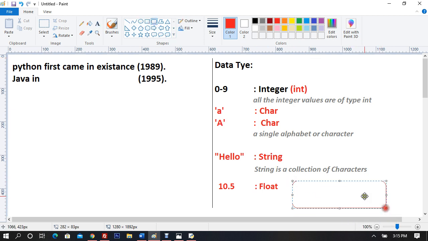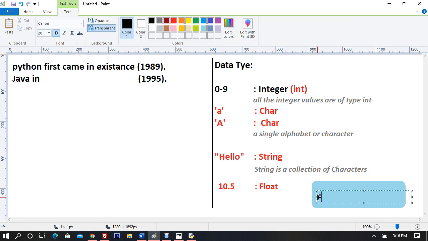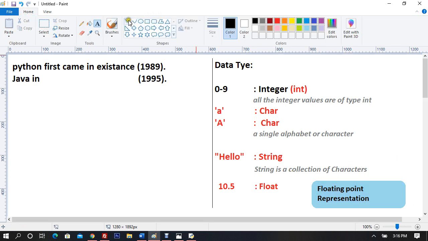Let me mark it down for you here so that you understand it better. You can call them float, or you can call them floating point representation. Either float or floating point representation. So all those values which come with dots.